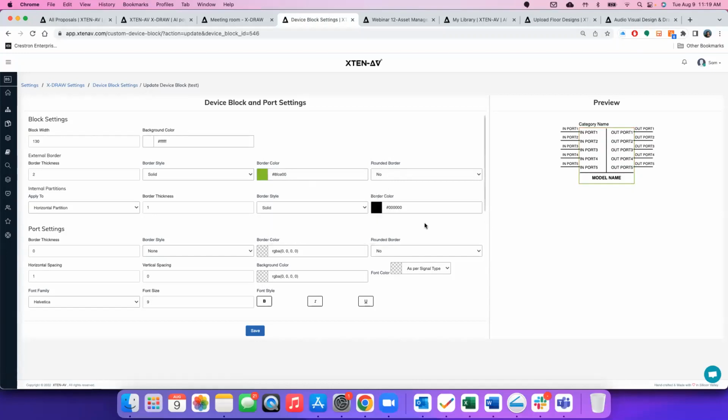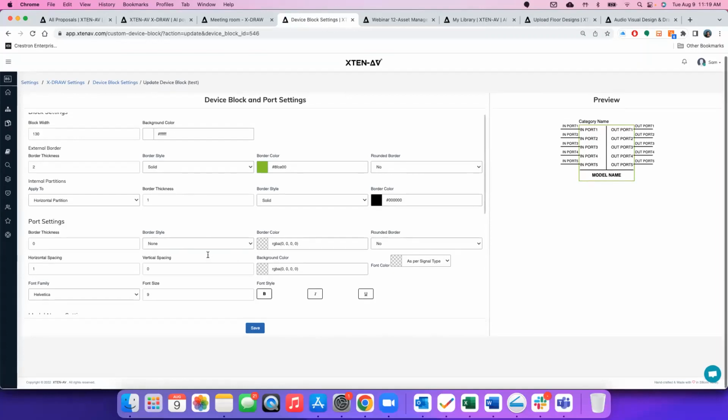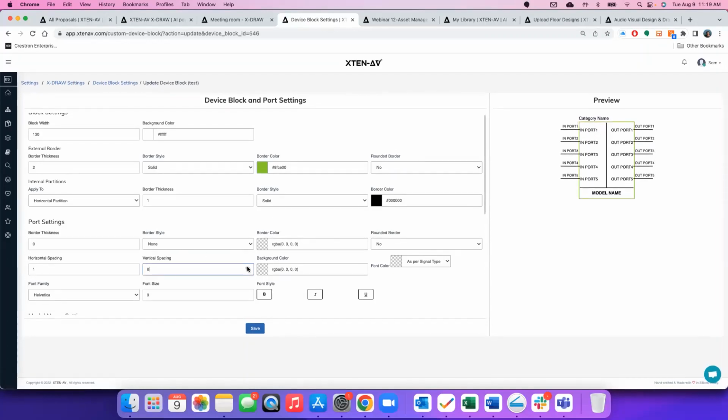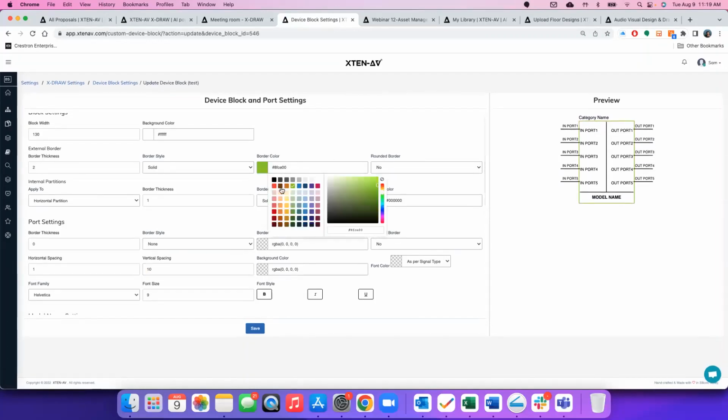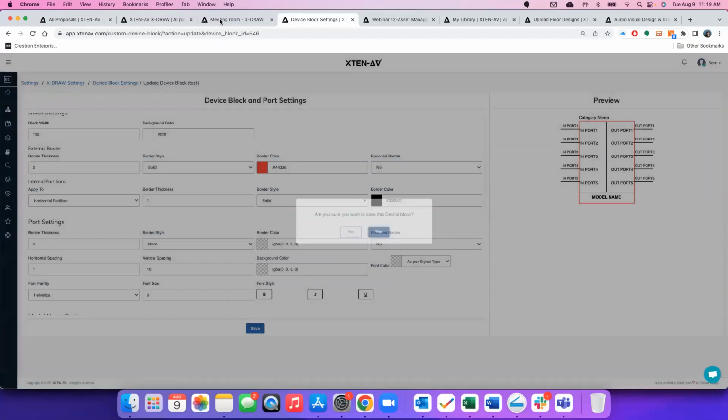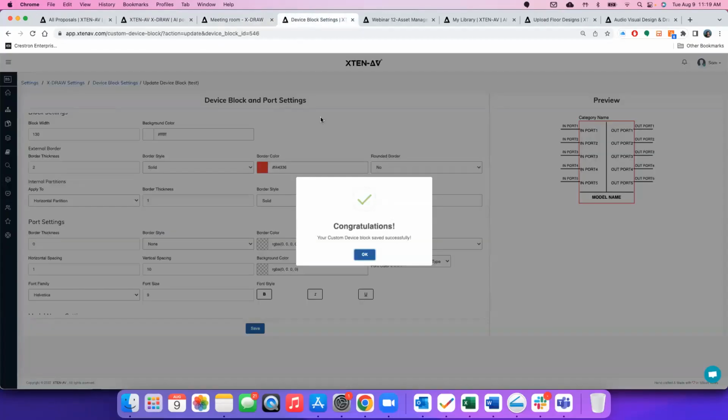You want to make it a blue color. You want to increase the spacing between the ports so that it's easier to make connections. So it's also possible. It's pretty intuitive and easy to use. So you can customize the device block and make it a standard across all your organizations. Everyone uses the same device blocks in there. Then you also get